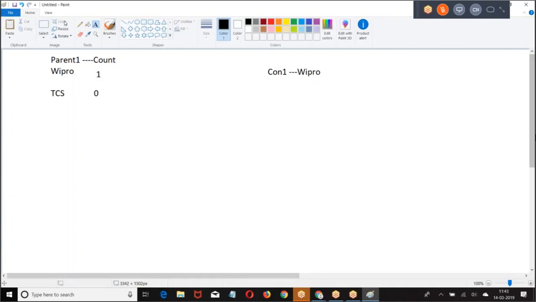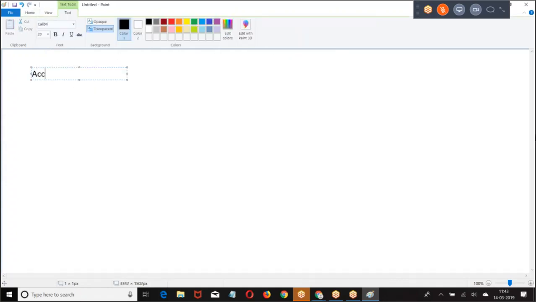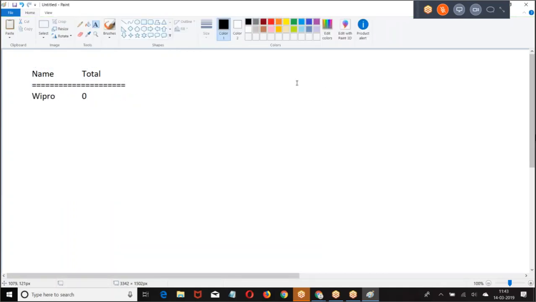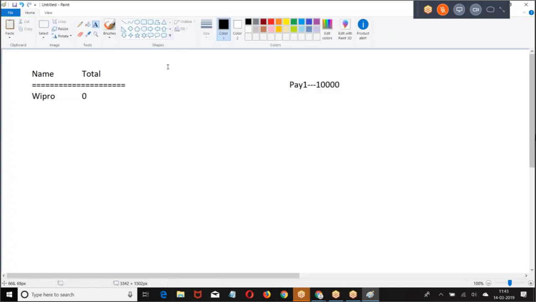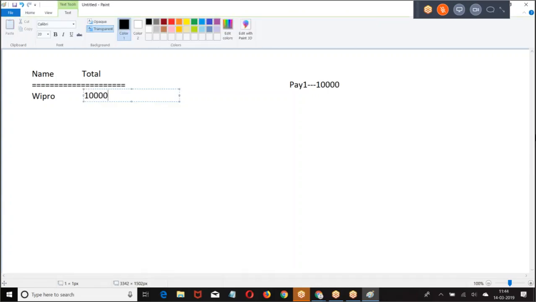Otherwise, let me give one more use case. Total 0. Now I created payment 1, 10,000. When I create a new child record, sum of the amount, so 0 plus 10,000.